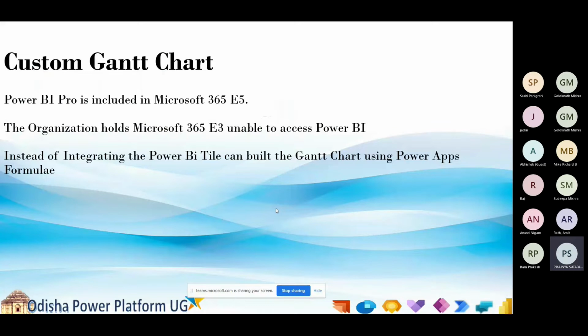And some other issues also, like some people, maybe not the developer, are not aware of Power BI, but that is not an issue for development. The license issue is the major issue we can consider. So that's the reason I searched for how to customize a Gantt chart.